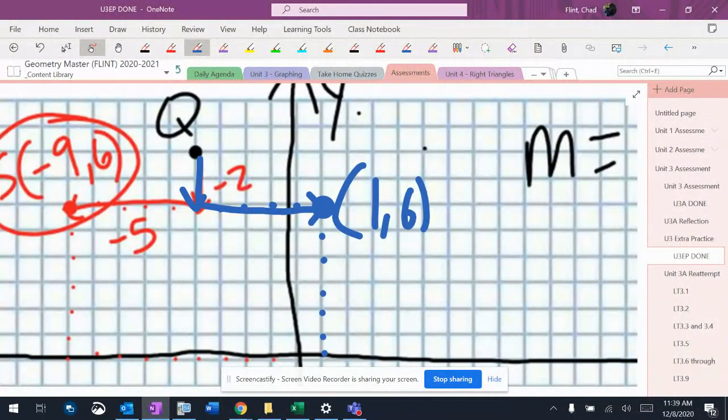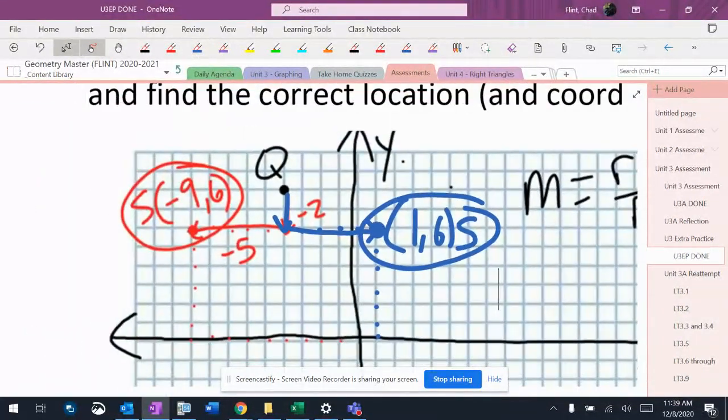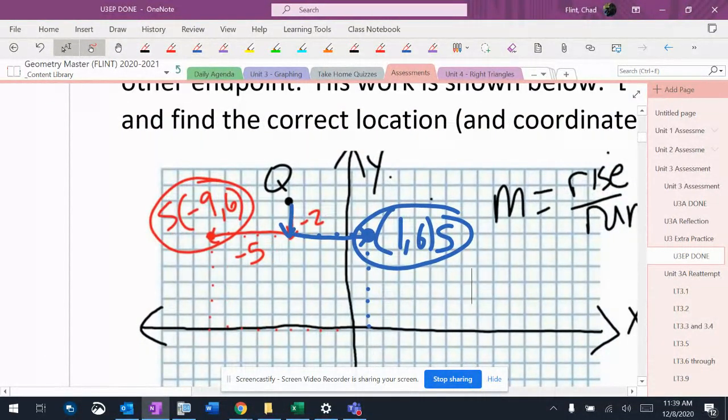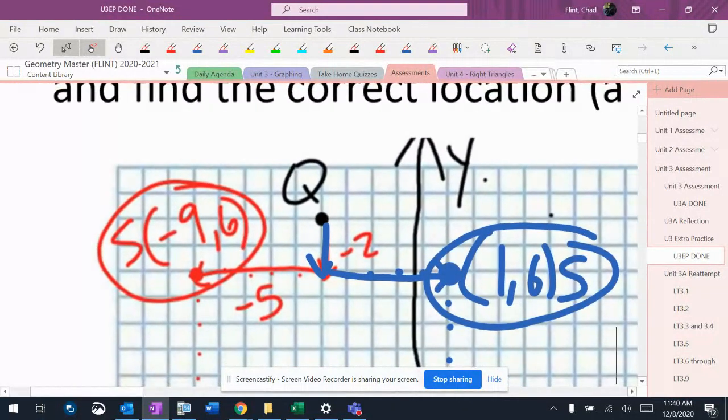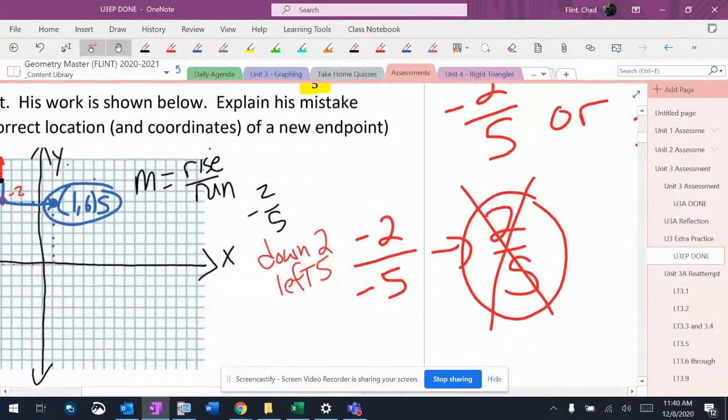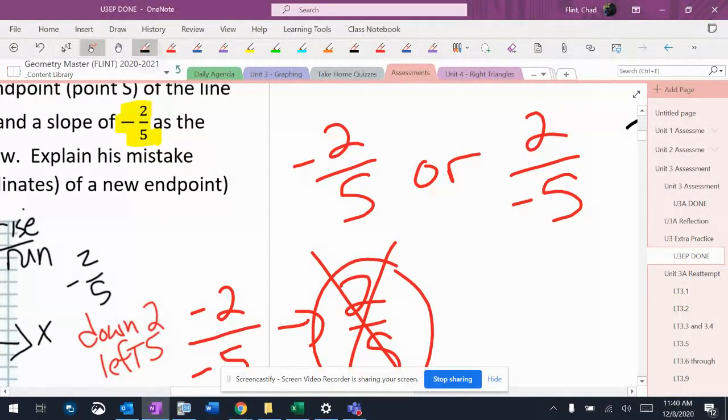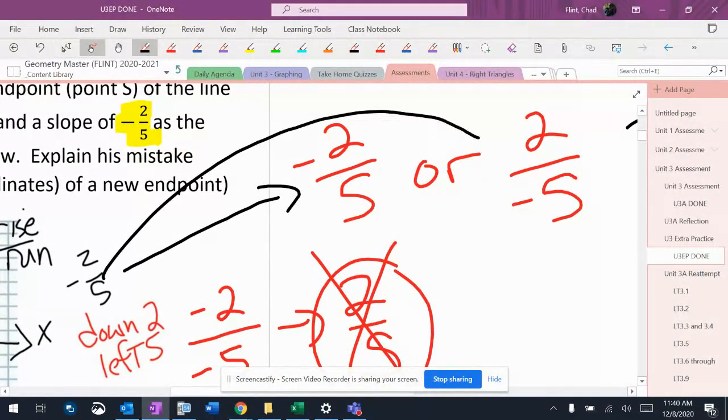Now, that is not the only point. There are other places that point could reside as long as I use that slope. I could go down 2 and right 5 more. And if I wanted to go left 5, I could go up 1, 2, 3, 4, 5 in that direction, and that point right there would work also. So there are many different points I can get using that slope. But the key is that if you have negative 2/5 as your slope, you either have to go down 2 and right 5 or